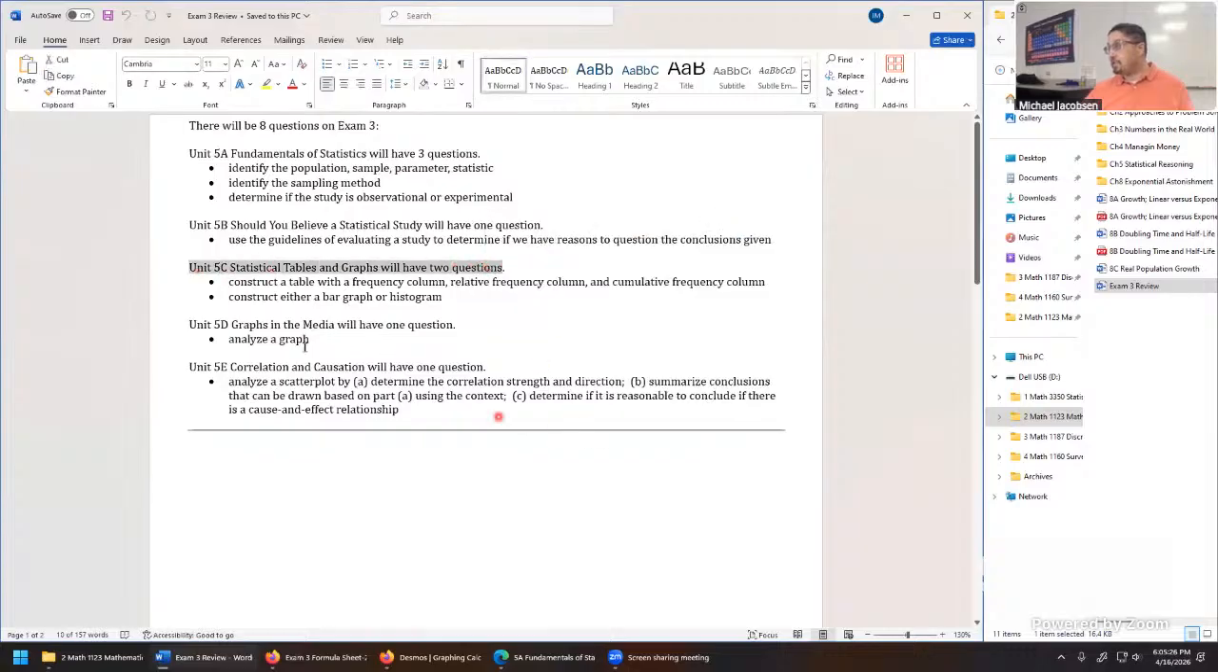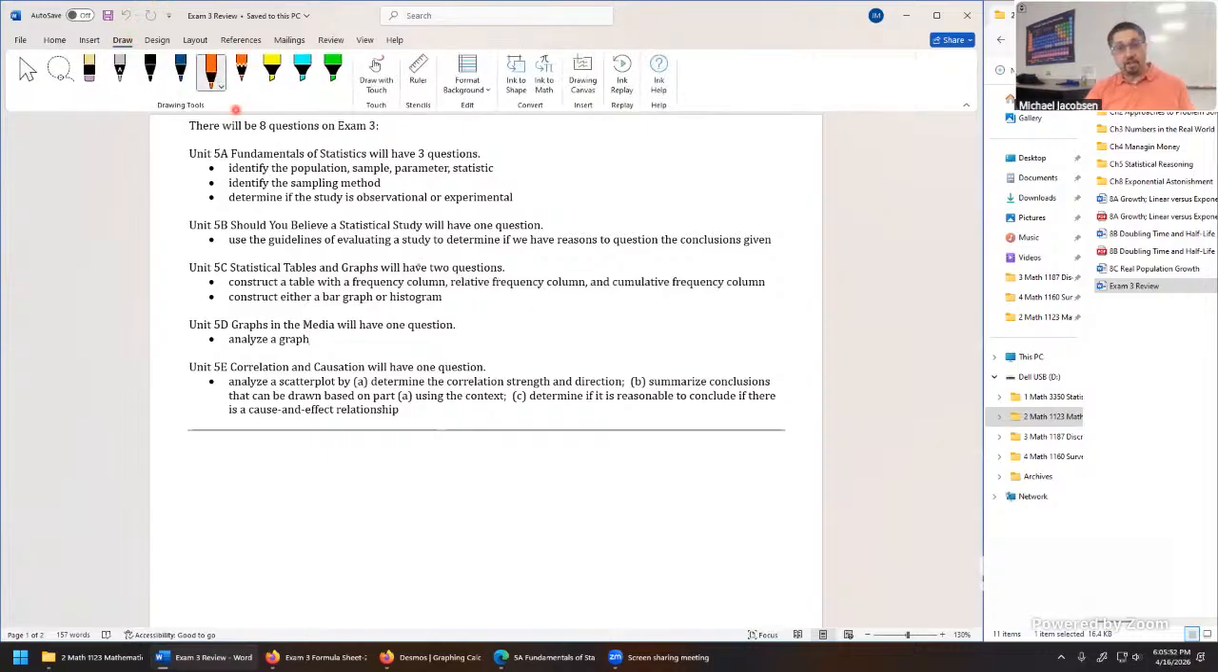For the next unit, statistical tables and graphs, this one is going to have 2 questions. First question is, like we mentioned, here's where you're going to need a calculator, where you'll construct a frequency table, a table with a frequency column, a relative frequency column, and a cumulative frequency column. And then you'll construct either a bar graph or a histogram. And I recall this one being kind of a tricky problem on the notes, or on the quiz. So let's mention right away here, a bar graph